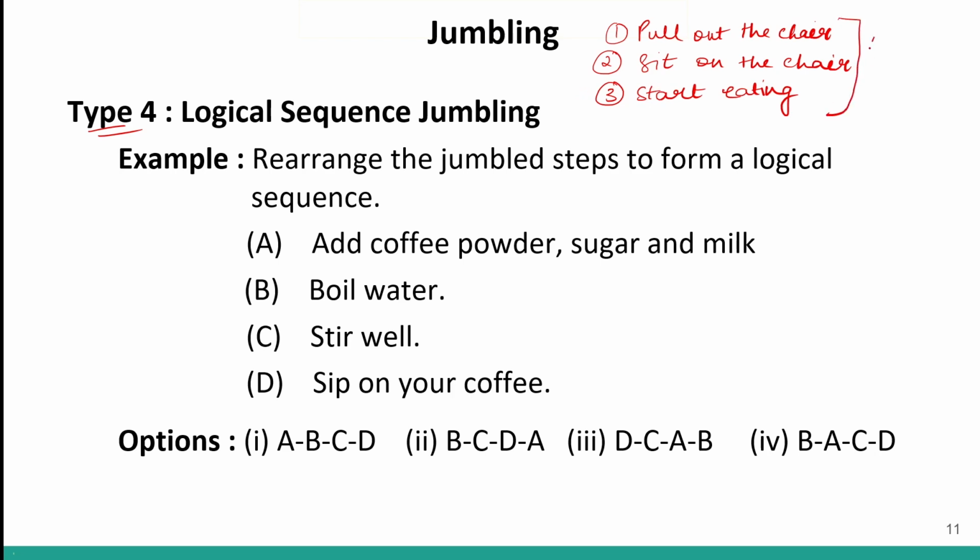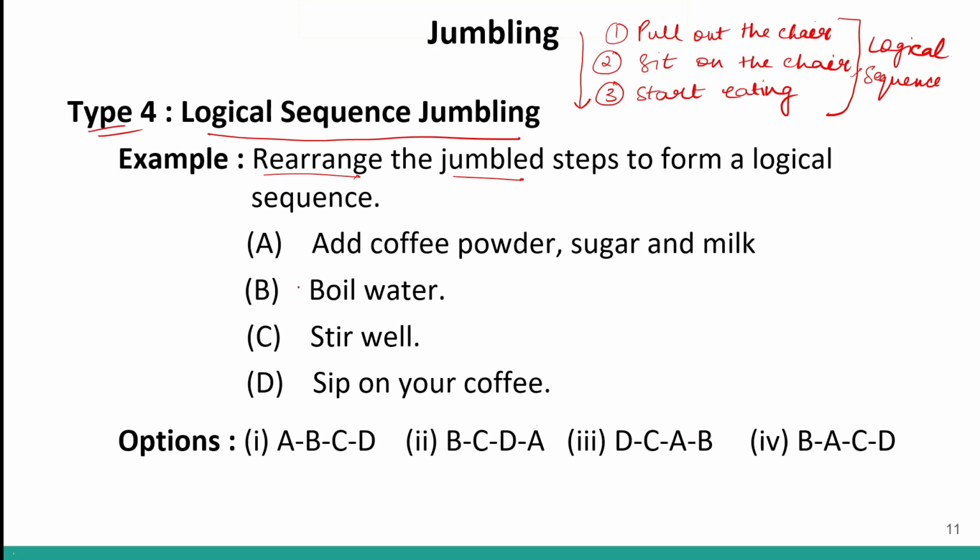So this is the logical sequence. We cannot change this sequence. Things will be done in this order only. There is no other way we can do these things. This is the logical sequence. We have to follow this sequence, otherwise the job done will be inappropriate, right? So this is how we solve questions for logical sequence jumbling. Basically what we do is, we are given certain statements and these are jumbled up. These are not in logical sequence. We have to find out the logical sequence and then rearrange them to find the answer. This is what we do.